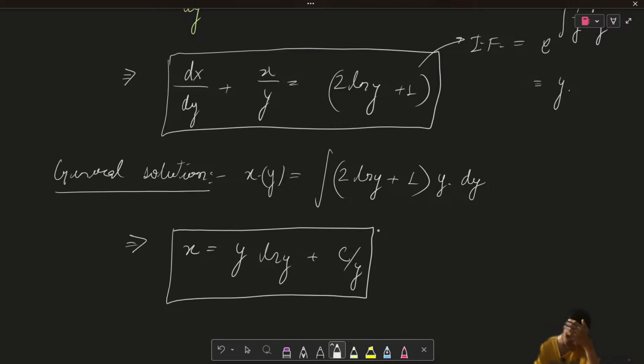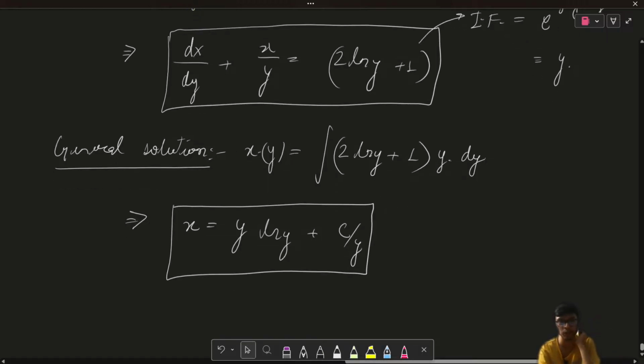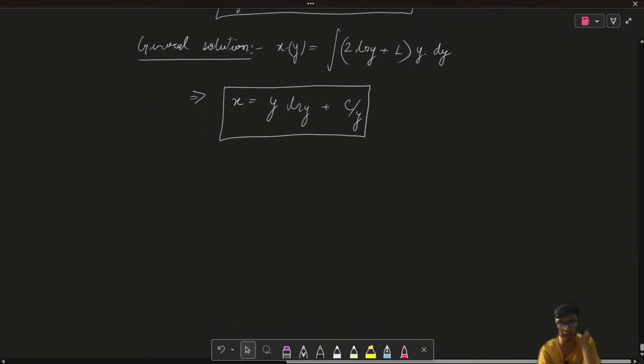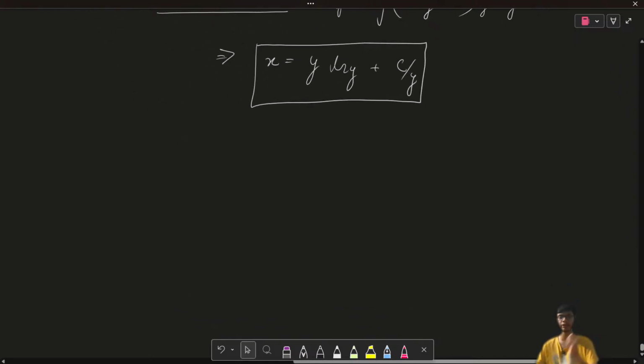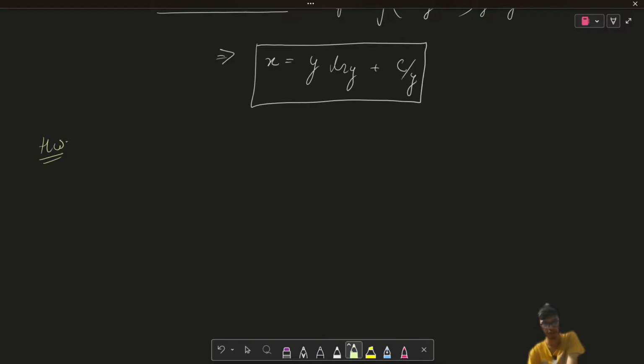So if this part is clear, let's now move to some problems so that you can practice in the homework, right? Some of the homework problems that I'm giving you over here. Please try to solve these questions as homework problems. So the homework problems are,